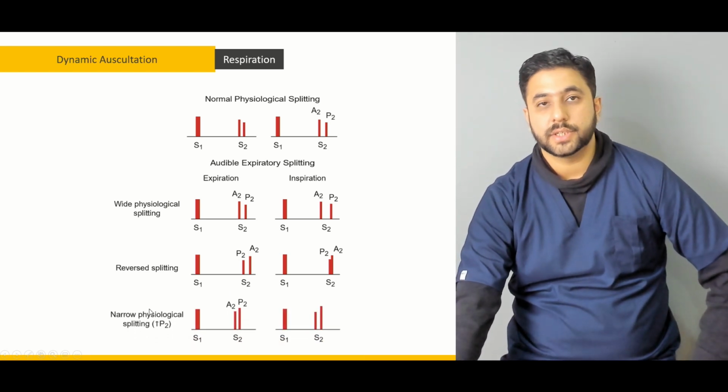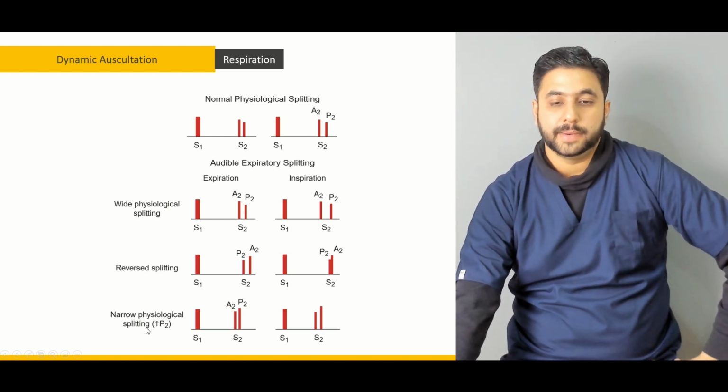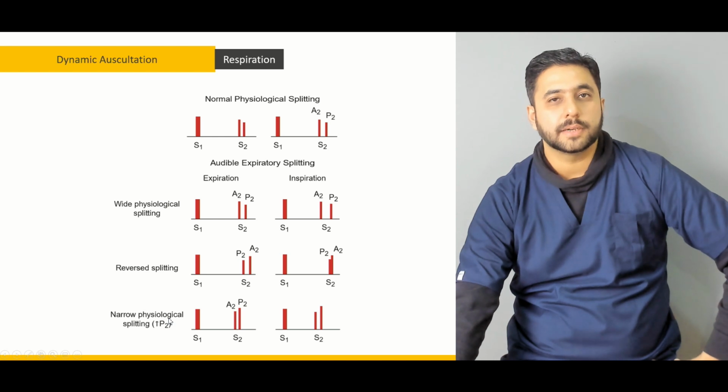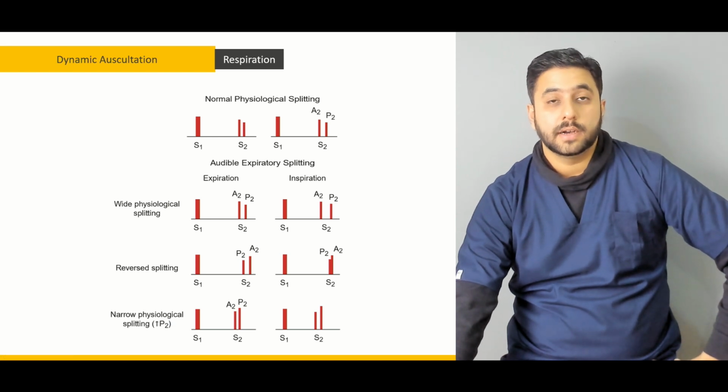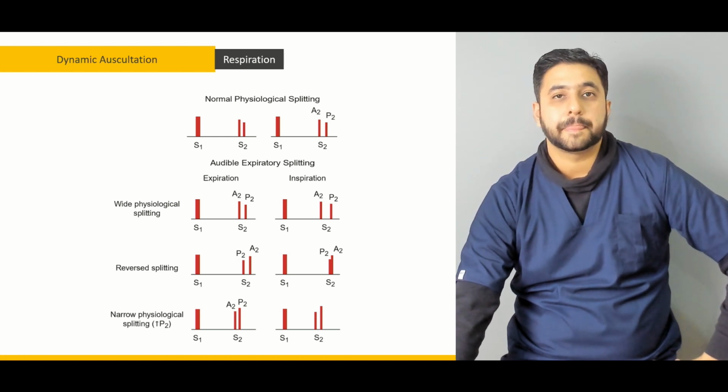Similarly, there is a condition, important one to remember, when there is a narrow physiological split, that the A2 is at its place, but the P2, instead of becoming split here, moves towards the S2. So this can be a condition in which there is an increase in the P2. What can be a condition which can lead to an increase in the pulmonic sound? If you take heed, you can make it out very easily that any condition that increases the pulmonary arterial pressure